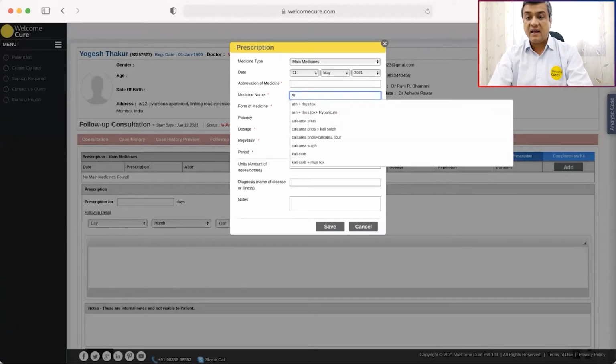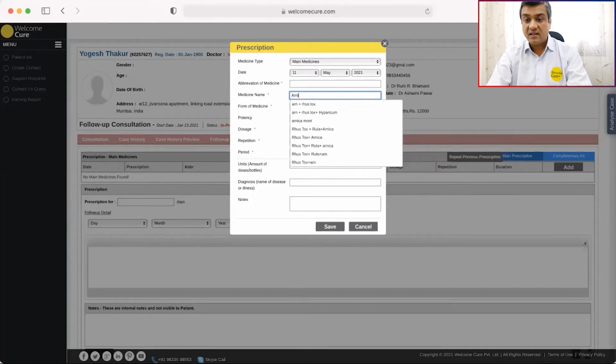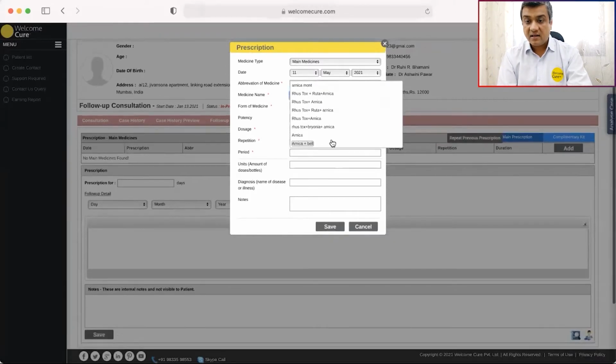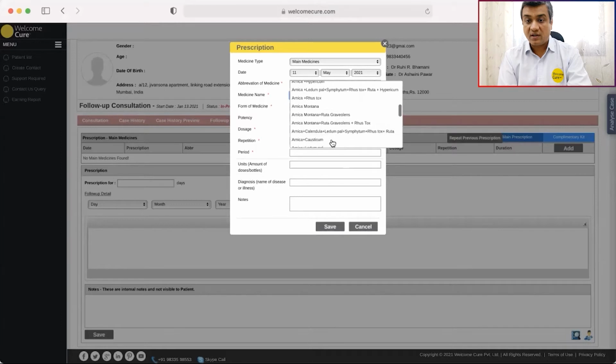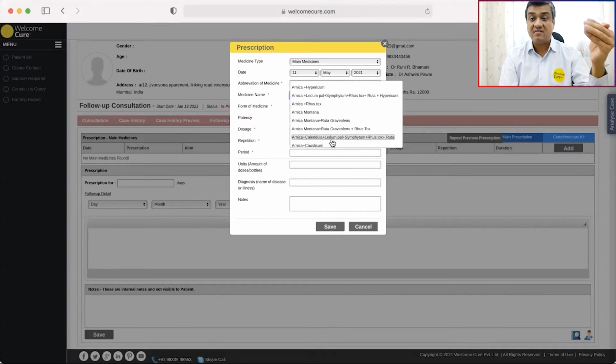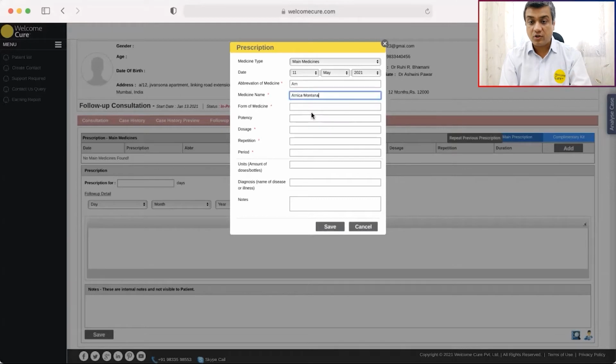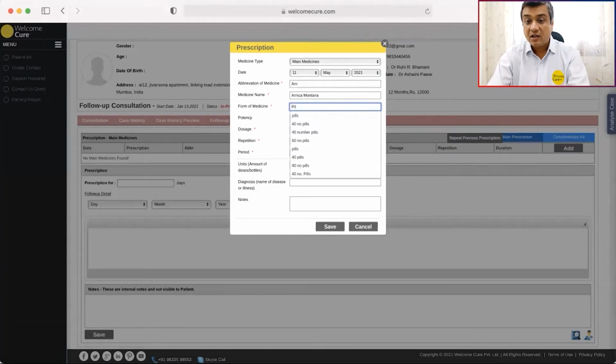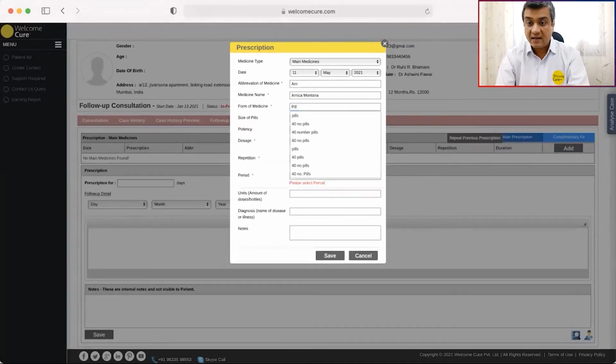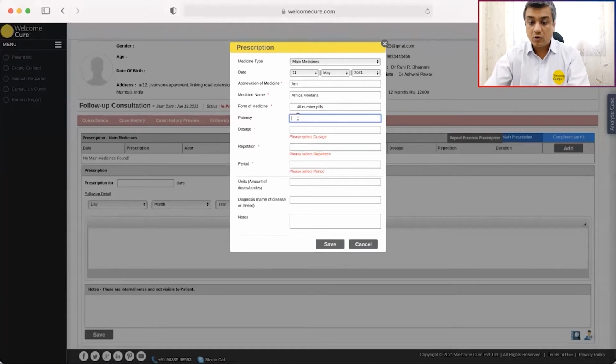Okay, if I just write AR, and you can see that Arnica as a medicine, all the possible medicines or combinations, everything is preloaded. So information of more than 3,000 plus medicines is already preloaded on the system for you. You wrote that and the abbreviation came by itself. Now when it comes to say you are giving it in pill format, so pill to a level of whether you want to write size number 40, 30, you are able to write that. Okay, you are able to write the potency, you are able to write the dosage.